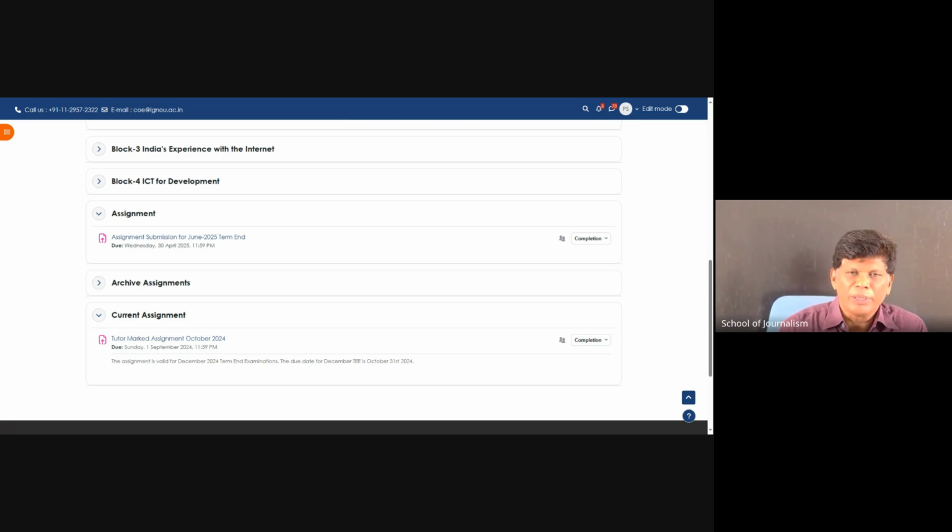So don't submit the assignments for any of the courses right now. Read the content, understand the concepts, attend some of our counseling sessions or online counseling sessions. Take help from the Telegram group, coordinate with the classmates, do the assignments properly, and upload them in September. They get evaluated in December, you write the exam in December, and all your results will be declared in either January or February. So smoothly you can complete the diploma or the first year of MAJDM. Okay, so that's about the LMS.